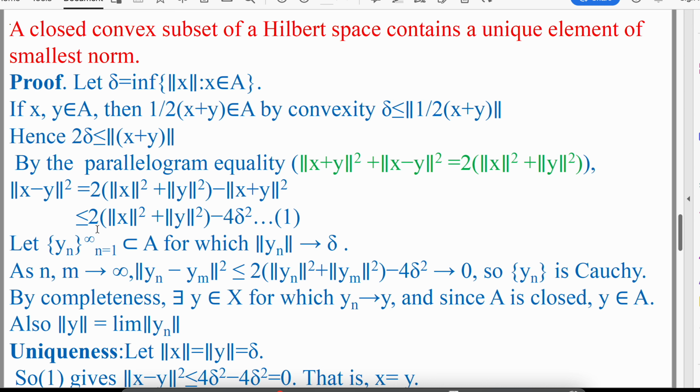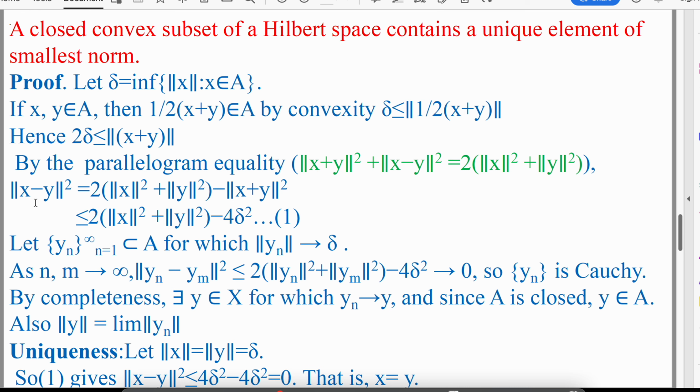Suppose yn is a sequence in A for which norm yn tends to delta. So as n and m tend to infinity, norm yn minus ym whole square is less than or equal to norm yn square plus norm ym square minus 4 delta square. We have made use of this